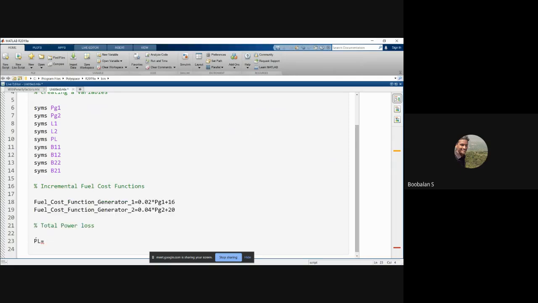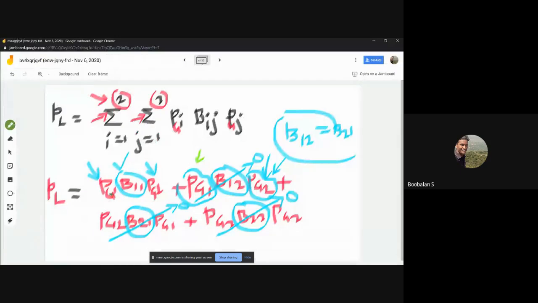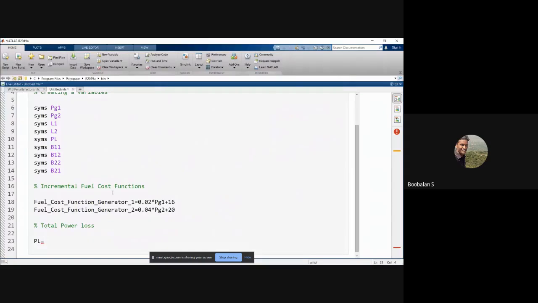PL equal to, and what is the entire equation? PG1 into B11 into, we need to recall this over here, right? So capital PG1 multiplied by B11 multiplied by again PG1, right? That combination, so the entire combination you need to create over here. So I'm just going to copy paste. It will be the easiest one. So simply I'm just going to copy and plus,